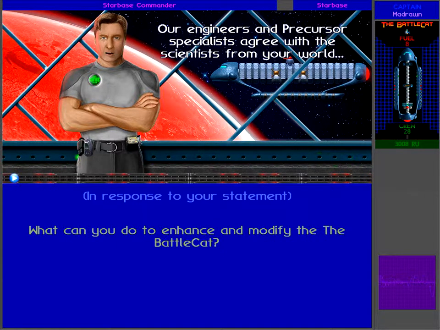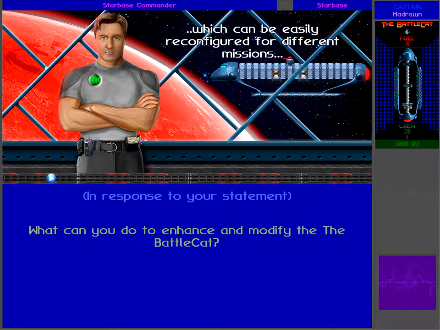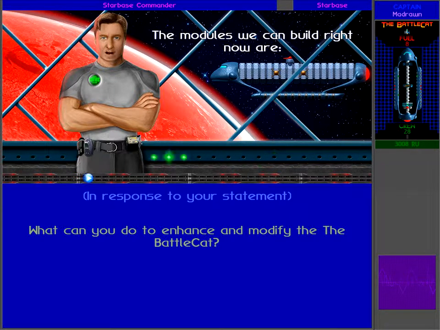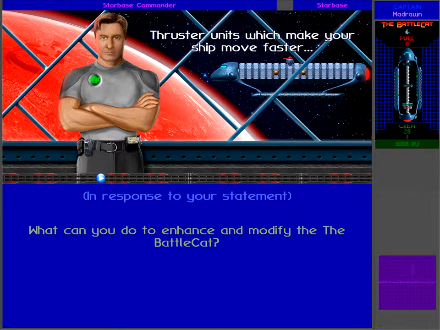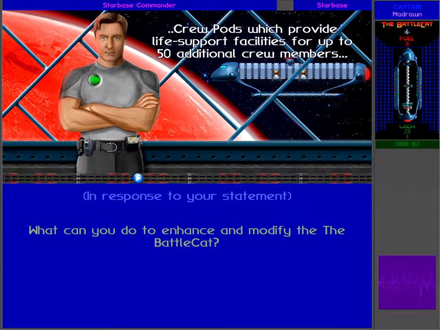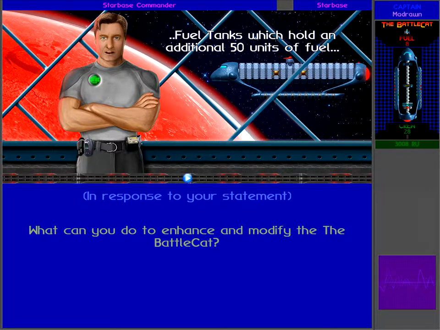Our engineers and precursor specialists agree with the scientists from your world that your starship was designed to be a workhorse vehicle, which can be easily reconfigured for different missions by adding or swapping self-contained equipment packs, which we call modules. The modules we can build right now are thruster units, which make your ship move faster, attitude jets, which allow you to rotate the ship more quickly, crew pods, which provide life support facilities for up to 50 additional crew members, storage bays, which increase your ship's cargo capacity for mineral resources, fuel tanks, which hold an additional 50